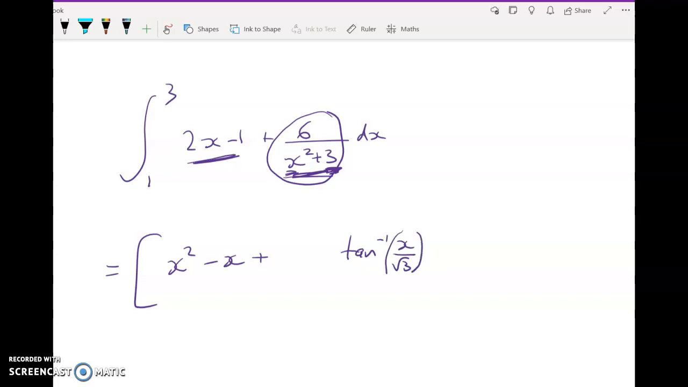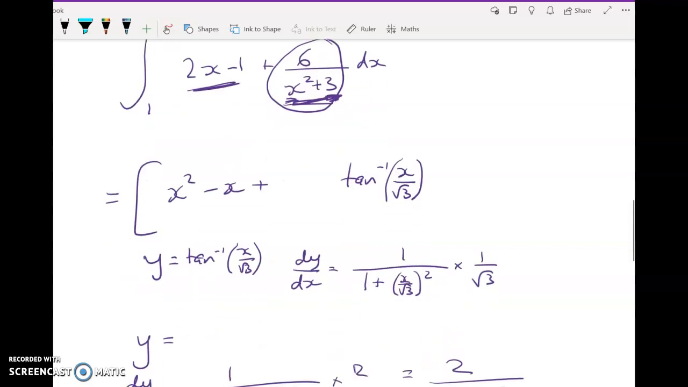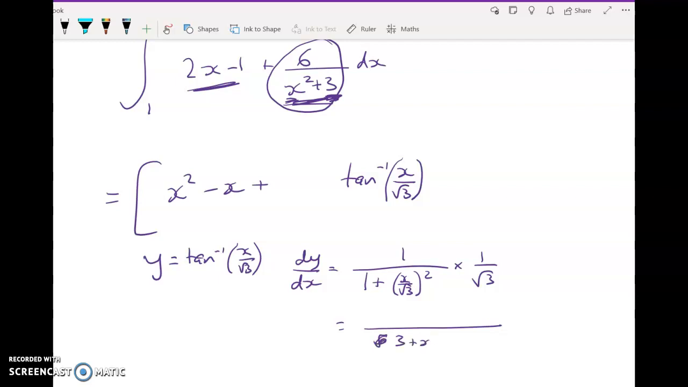Now, when I differentiate tan inverse of x on root 3, what exactly am I going to get? Well, we can work it out down here. If y equals tan inverse of x on root 3, then dy by dx, from a similar process to what we just did, is going to be 1 over 1 plus x on root 3 squared, times 1 on root 3. And that's not exactly what we want, but it's going to get me the 3 plus x squared pattern coming in. So now we're going to have root 3 squared, so 3 plus x squared,